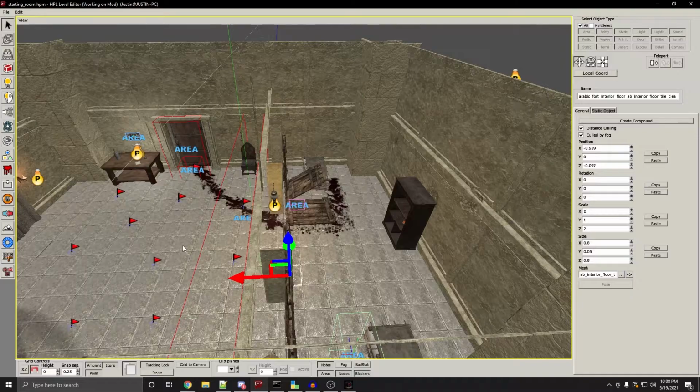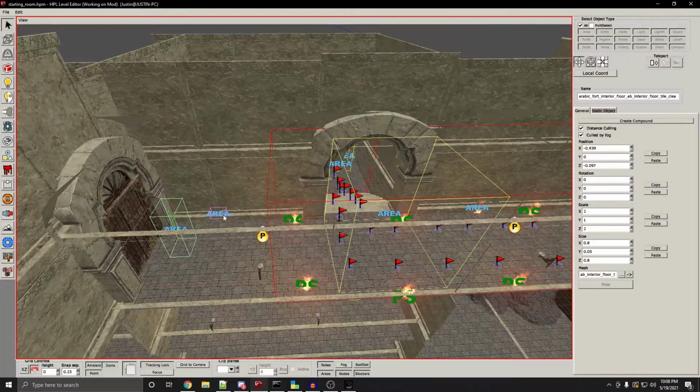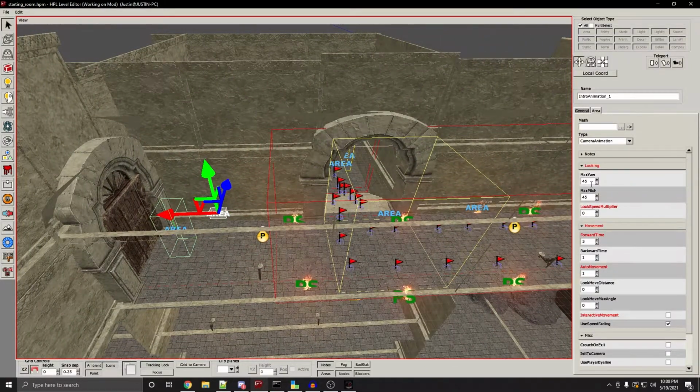Now let's just talk about a few of the other values that we have here, just to cover them so you know what they do. So here we got the max yaw and the max pitch. Yaw is the max left and right angle that the player can look around at. Pitch is the up and down angle, the max up and down angle that the player can look around. So if you did want to allow the player to look around,